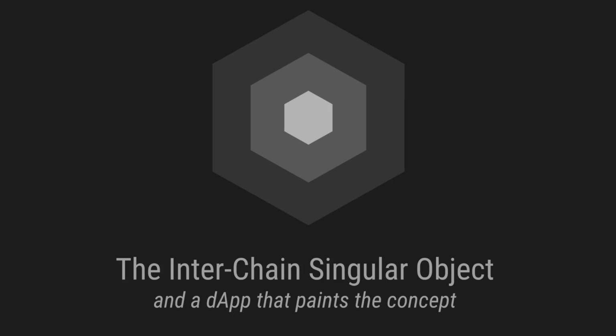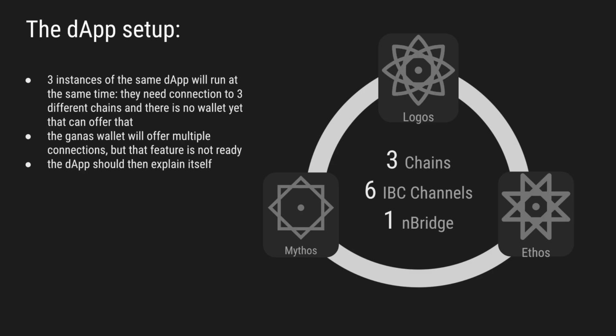This presentation and use case focuses on showing the interchain singular object pattern. The setup is 3 instances of the same dApp will run at the same time on 3 different chains. These chains are connected by IBC channels and the N-bridge tech that allows you to send interchain transactions and multi-chain